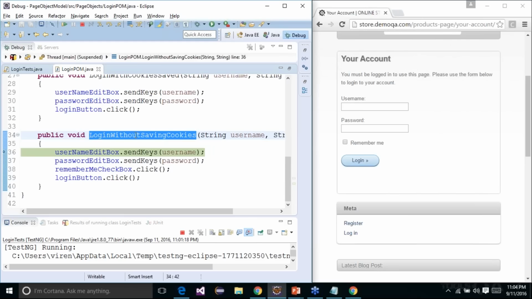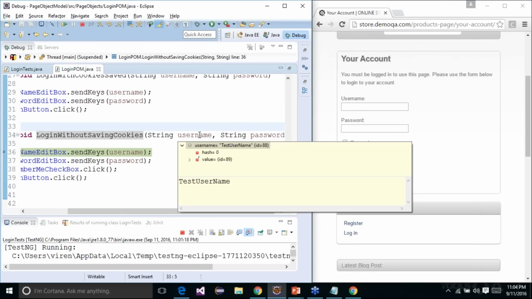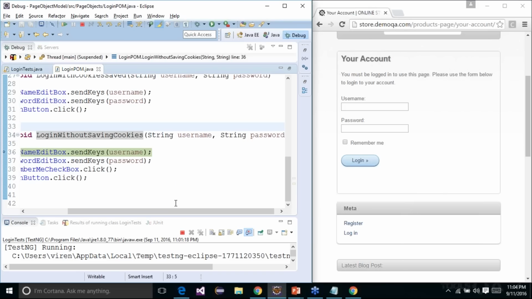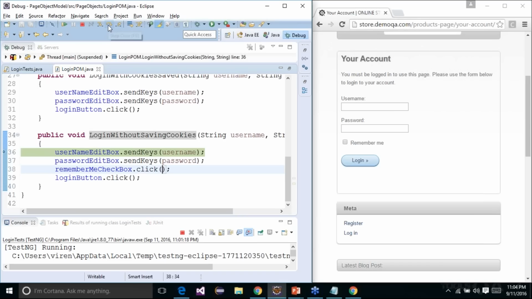The service on the page object model takes you there, and to this method you have passed two values. You have passed the username, which is test username, and the password, which is test password. Once you have passed this information, all you have to do is see how it works. Inside this method, you would be sending the username and the password,